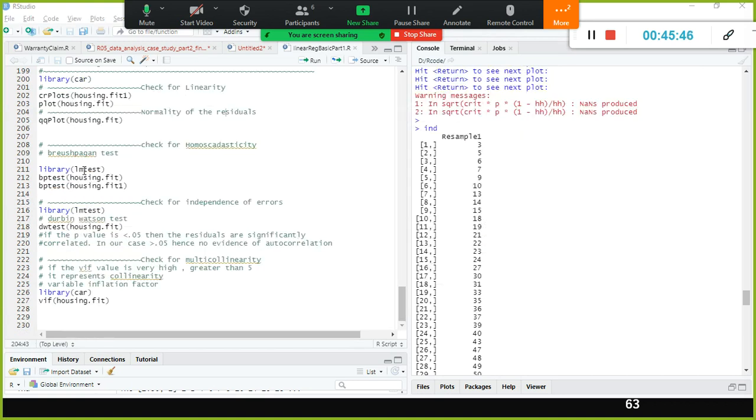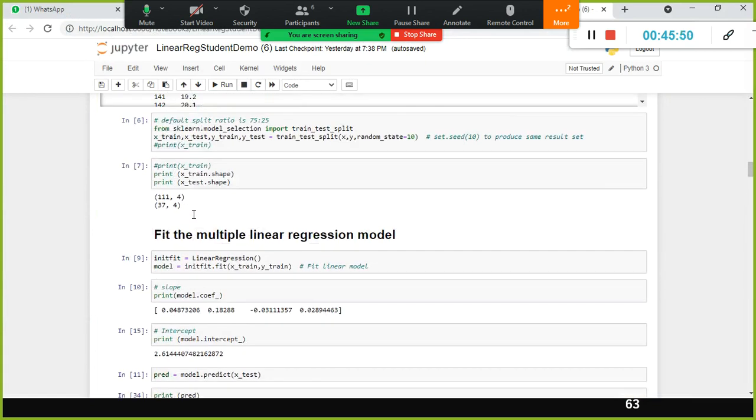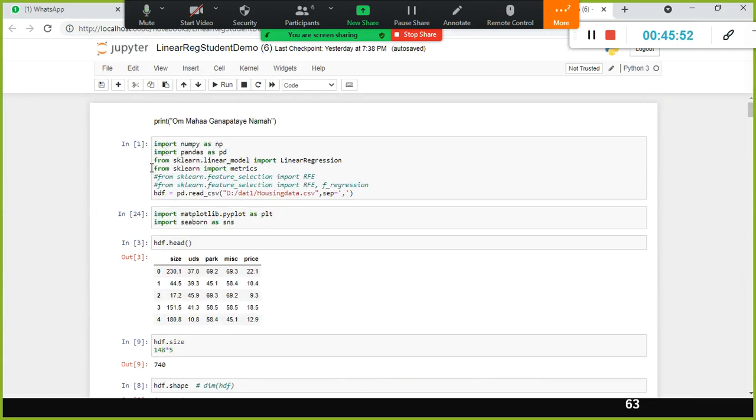So now we are good to go with this model, but still we cannot deploy this model in production directly. We need to conduct some more tests. Okay, next let us look at the Python way of implementing the model. All the steps I discussed are the same here in Python. The only difference is the commands, syntax, and packages.